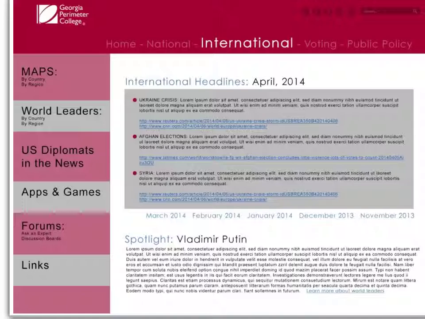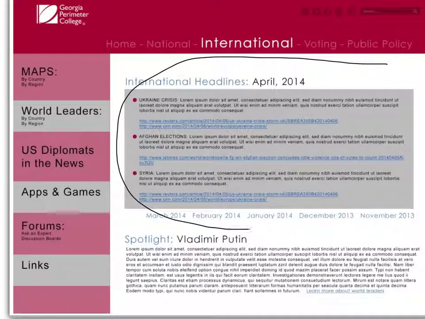So this is a very, very basic overview of what I would imagine the international section of the website would look like. I like the idea of having headlines be front and center, this section right here. You would have to assign someone the task of collecting RSS feeds from all the resources that you wanted to use, like the World section of Guardian UK, the World section of the LA Times, whatever you wanted to pull